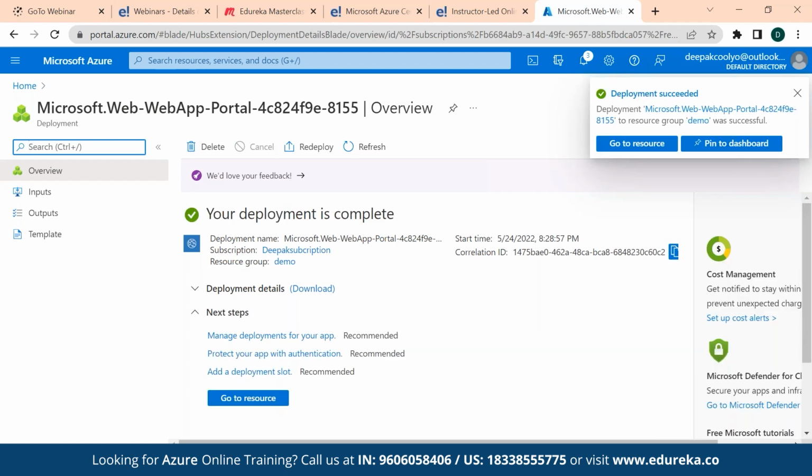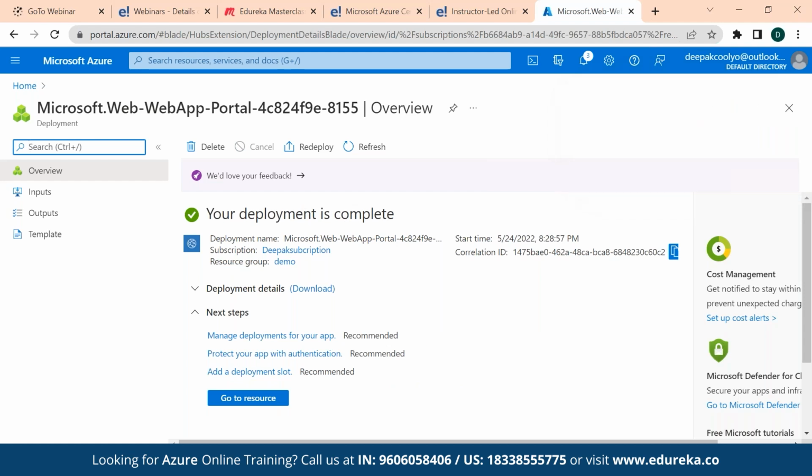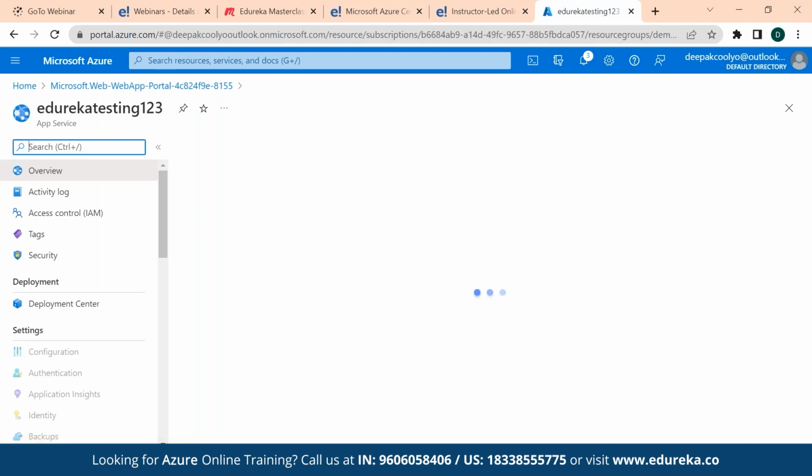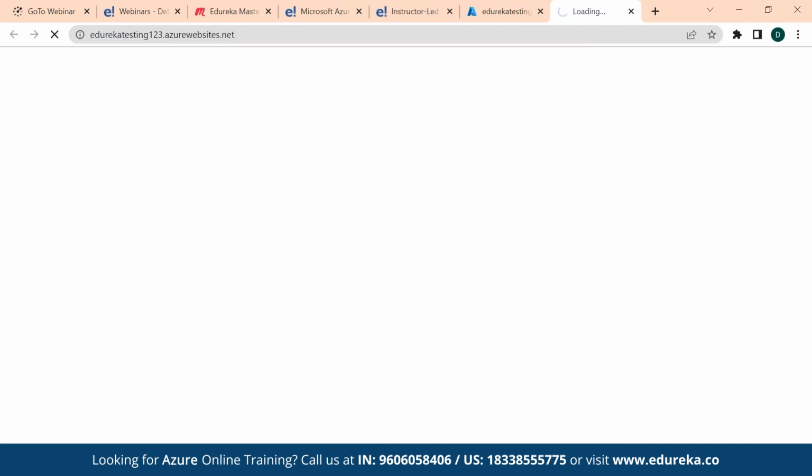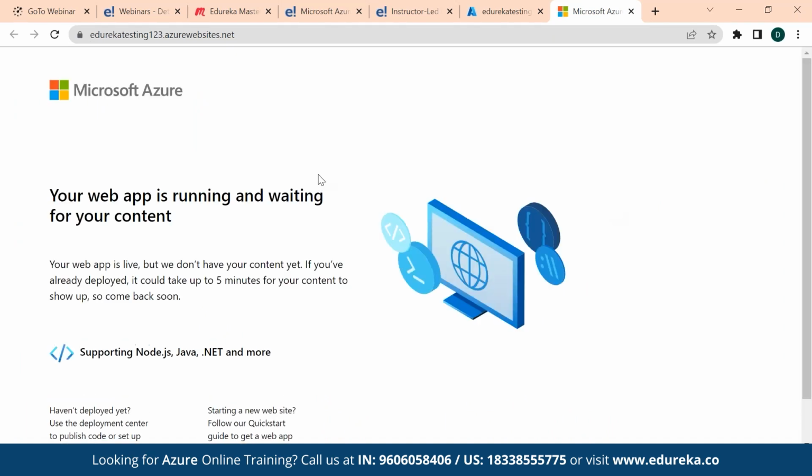Now here we go. The resource has been created. Now here, if I'm going to go to the resource, now if I'm going to click on this URL, you will be able to browse to this site directly. It's going to be available for all of you directly only. So here the advantage is that I don't have to waste the time in creating an internal, mapping it to external, deciding the external IP address. Everything is going to be done automatically and I can go live.